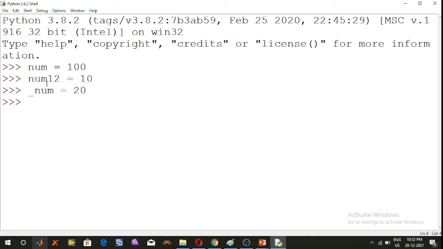So now here we have created variables named num, num12, and _num. So we have assigned the values: the num variable is assigned the value 100, the num12 variable is assigned the value 10, and _num is assigned the value 20.